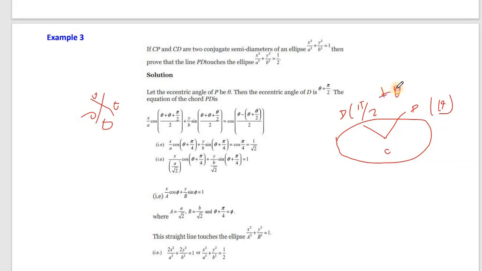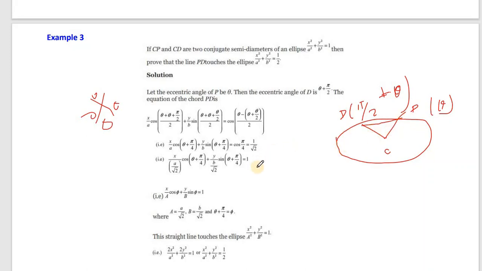Pi by 2 plus theta. So let the eccentric angle of this, then the eccentric angle of D is this, the equation of the chord PD. So if I consider this, this is a chord in a given ellipse, namely here it is taken as PQ. Now we know that the